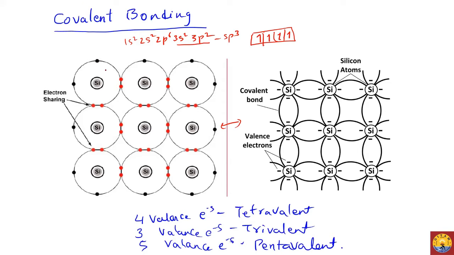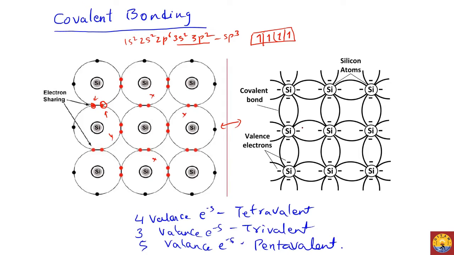Each of these atoms will share with the neighboring atom. So you can see one electron from a silicon atom and one electron from another atom. So they share one electron each. Similarly, each silicon atom has 4 neighboring atoms, each sharing one electron. So we have 8 valence electrons. That's how it's filled now. So this one is more clear. So you have shared covalent bonding. Is this clear?